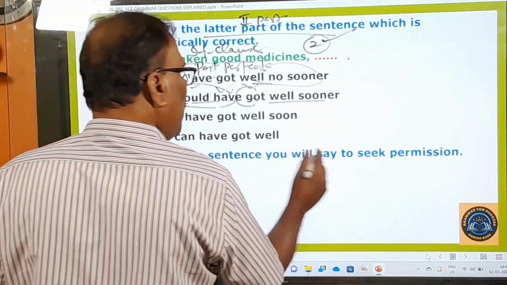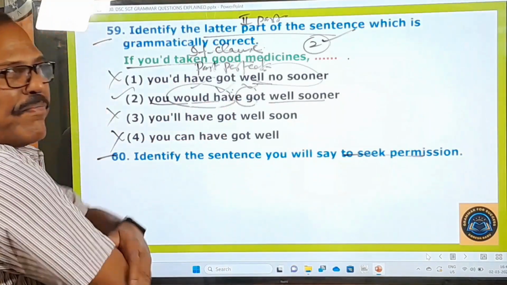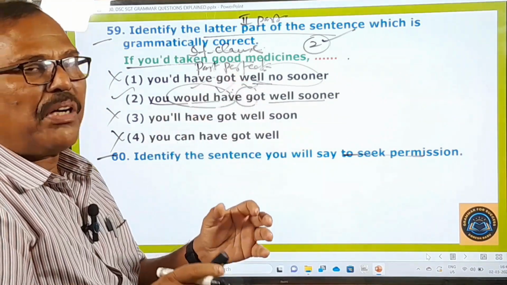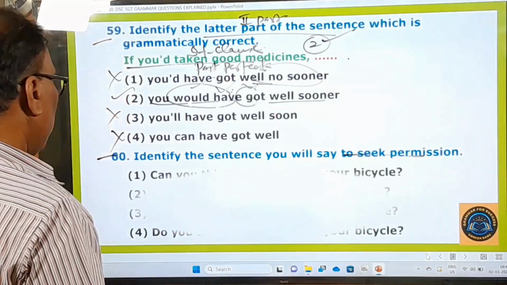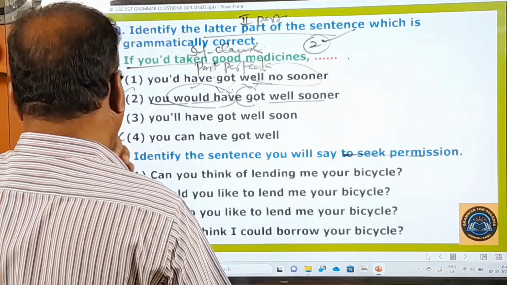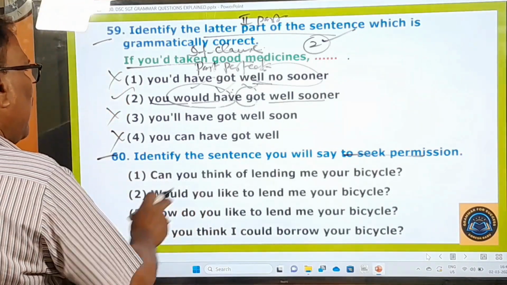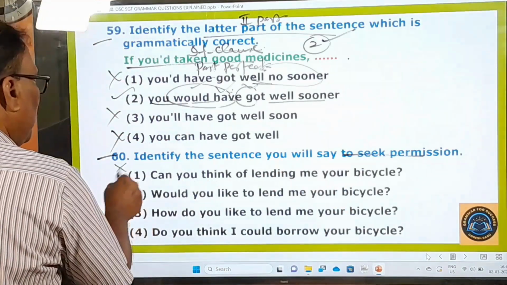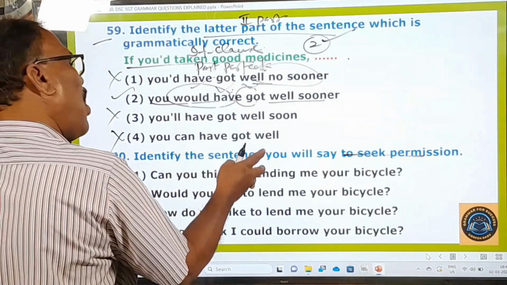Identify the sentence. You will say to seek permission. To seek permission. You want permission. What do you say? To seek permission. Now let us look at the options. These are the options. Can you think of lending me your bicycle? Wrong. You cannot say, can you think of